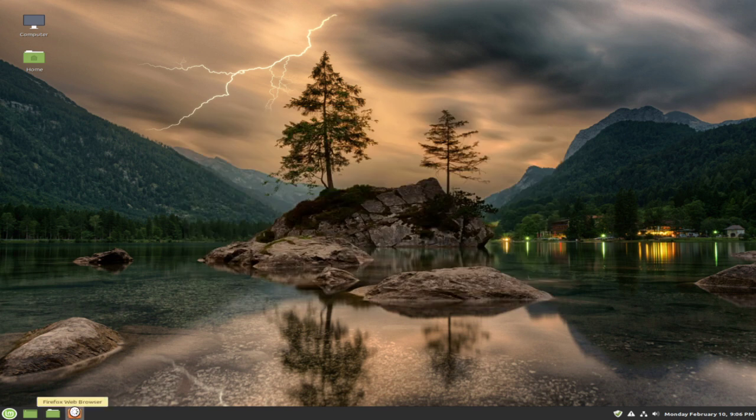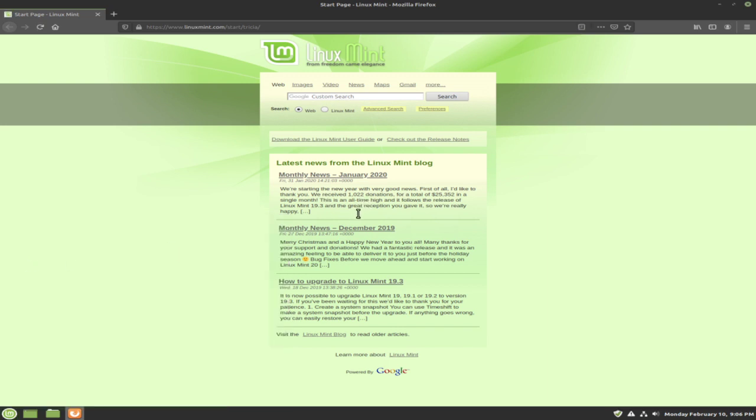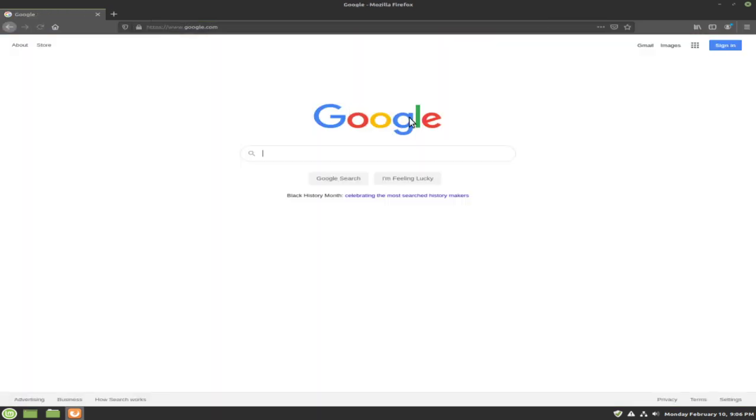Most things that you do are going to be online. Checking your email, watching videos. It comes with Firefox. You can download Chrome if you want. As a matter of fact, I think Chrome is available on this store, the Software Manager. You know how the internet works. So I'll just go to google.com just to show you. It runs just like a regular internet browser.